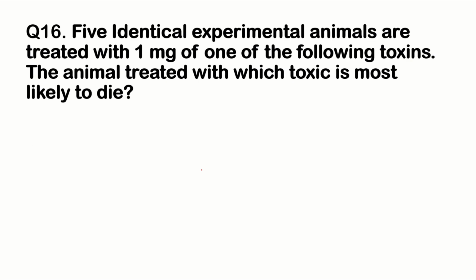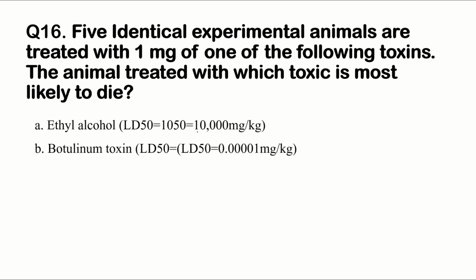Question number 16. Five identical experimental animals are treated with 1 mg of one of the following toxins. The animal treated with which toxin is most likely to die? First, it's ethyl alcohol, that is LD50 is equal to 10,000 mg per kg. Next is botulinum toxin. Here the LD50 value is mentioned, and as per this, we are going to identify which is more lethal. Next, nicotine